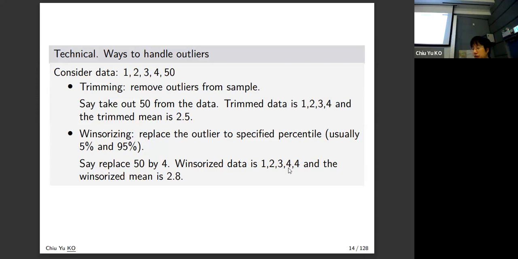These 2 are actually operationalizable in most software, except Excel. If you use R and Python, you can easily do it. But in Excel, I don't think they're able to do it automatically. Of course, you can do it by hand, or with some VBA. But as I said, very soon Python will be in Excel, so it should not be an issue. So this thing can be done automatically, and you don't have to do it by hand.